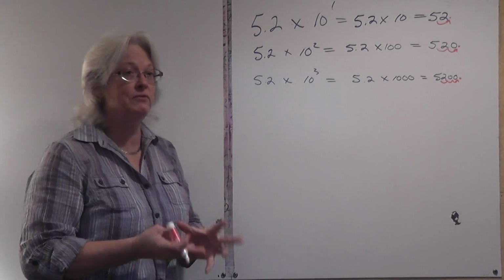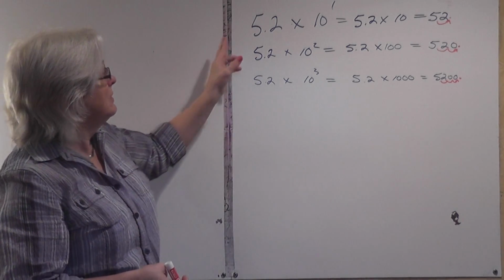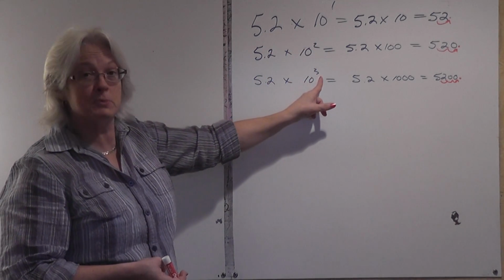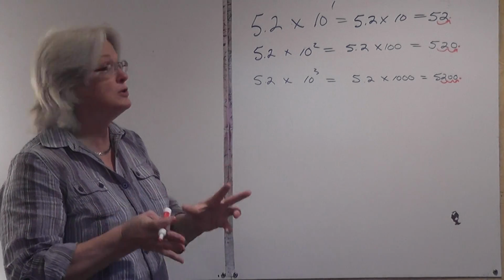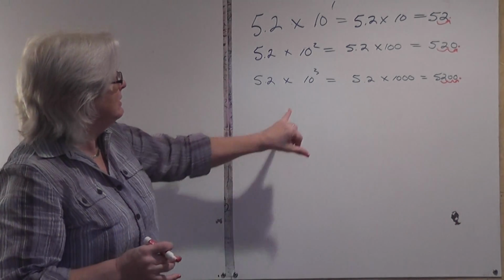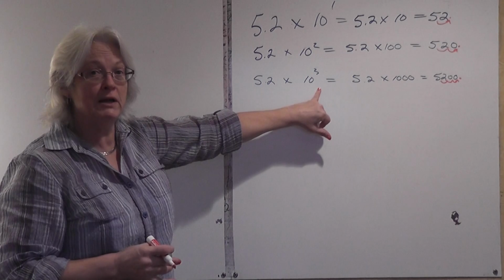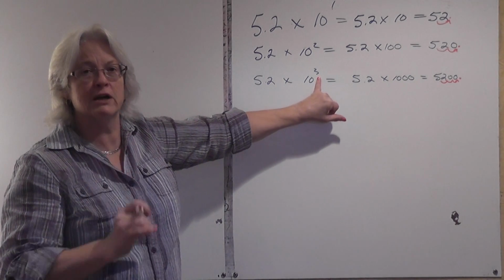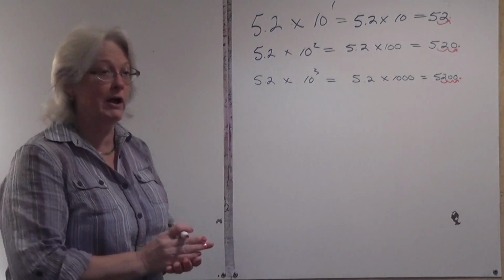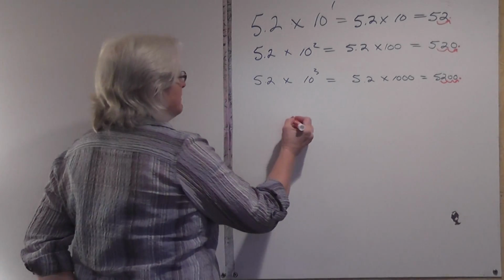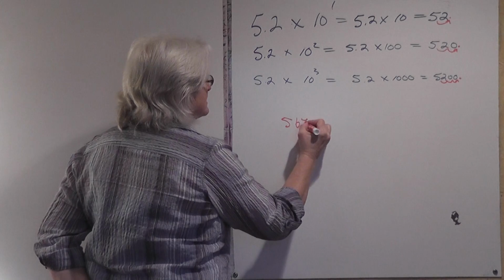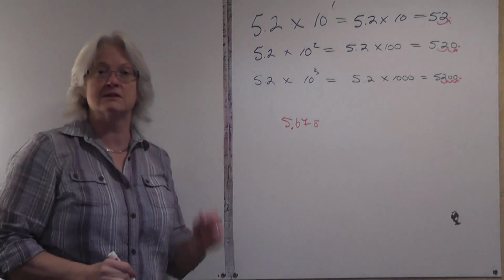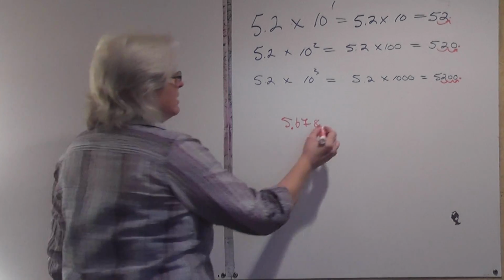So what you have in scientific notation, when you're multiplying by a power of 10, that exponent right there indicates to you exactly the number of decimal places that your decimal point is going to move to the right. So if I had 5.678 times